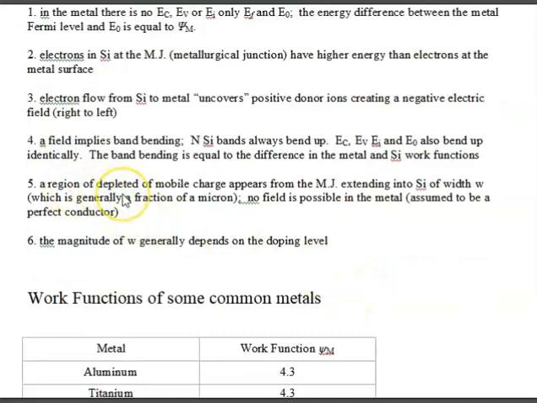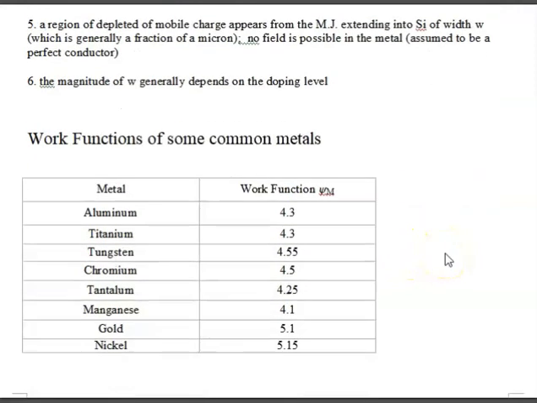The magnitude of the depletion region width, the W, which we mentioned in our first slide, is right here. The magnitude of W generally depends on the doping level. Now, before we get started,